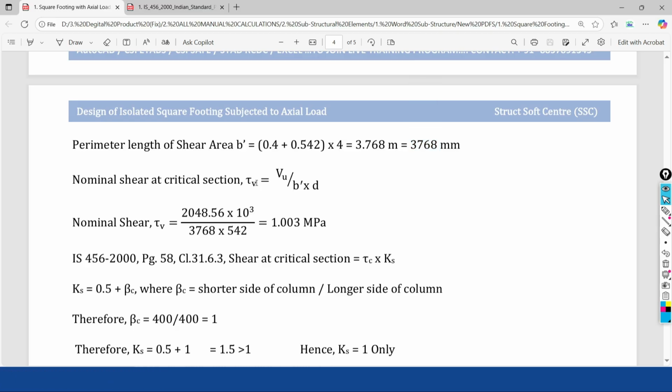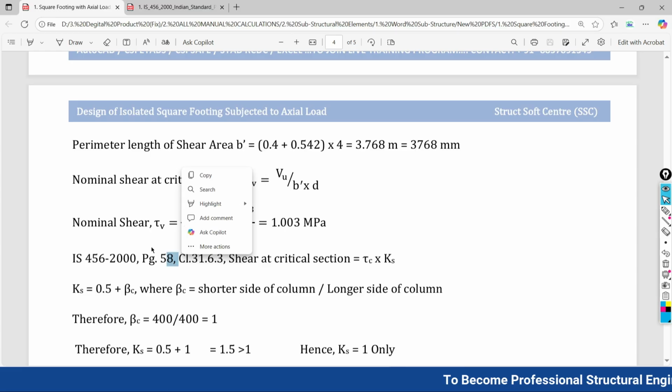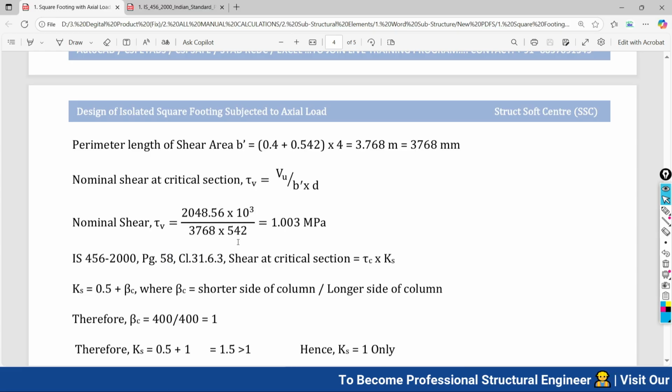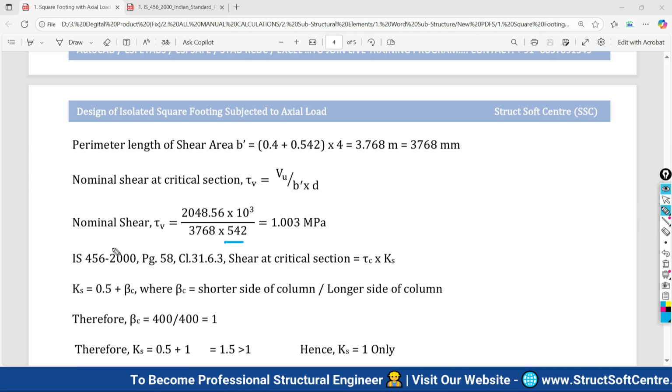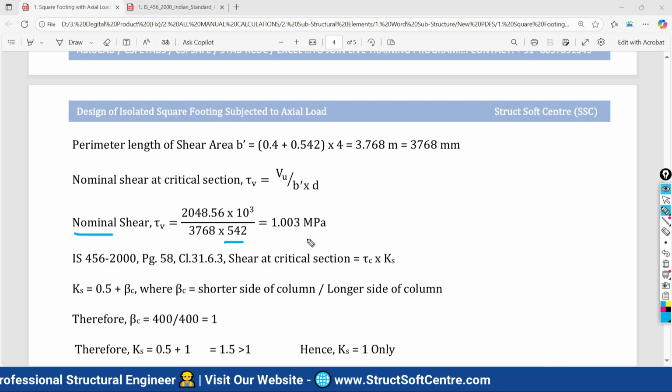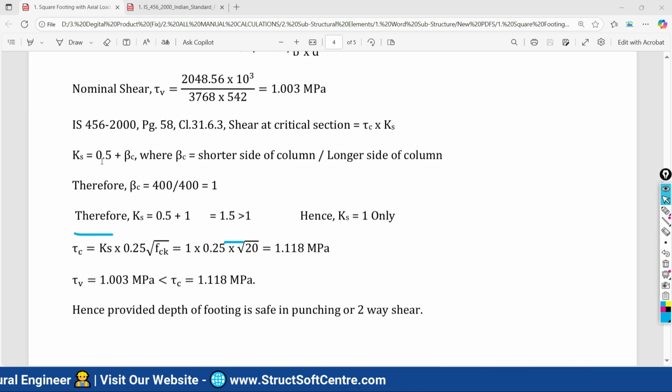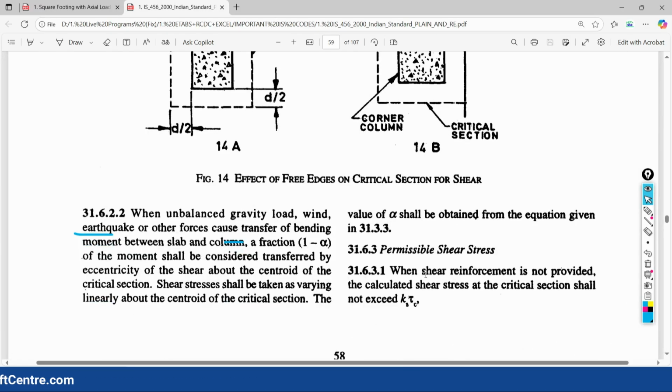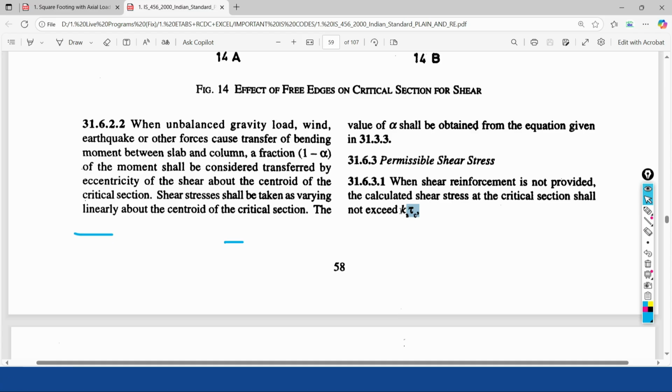Now put all the values in this nominal shear formula. Shear force 2048.56 into 10 raised to 3 divided by perimeter length 3768 multiplied by effective depth of 542. Put all the values here. Nominal shear we are getting 1.003 MPa. Finally, as per IS 456-2000 page number 58, clause number 31.6.3, here the critical shear means the punching critical shear